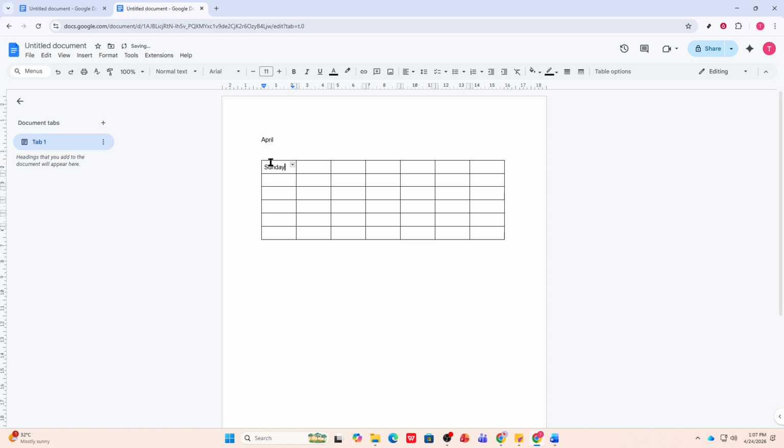Now fill in the dates for the month. Enter the numbers 1 through 31 in the correct cells, lining them up with the right day of the week for that month. It helps to reference a calendar for accuracy. Take your time placing the first